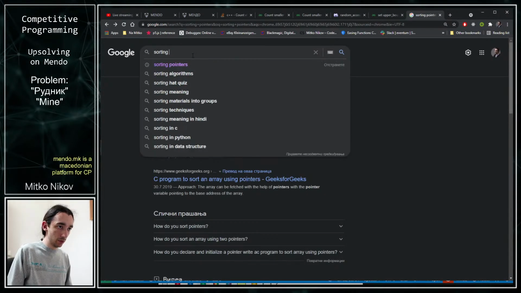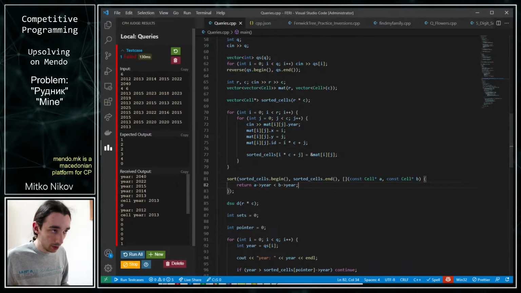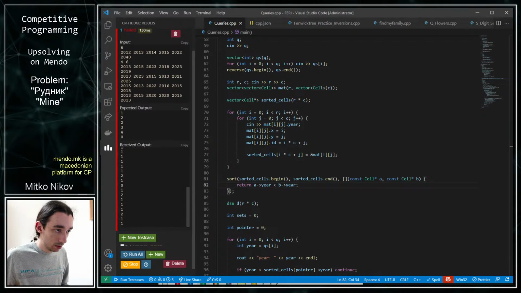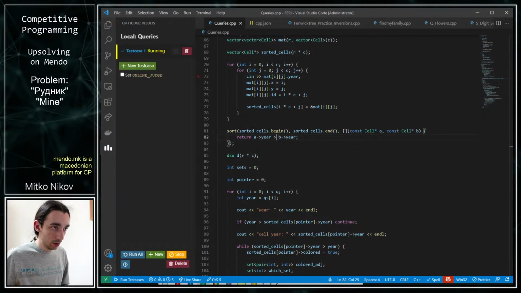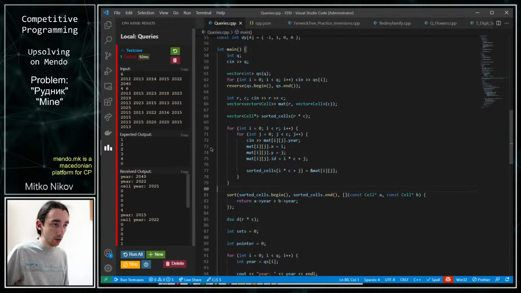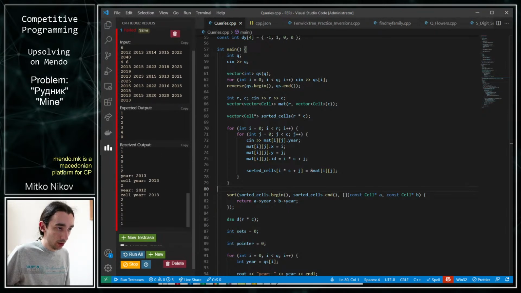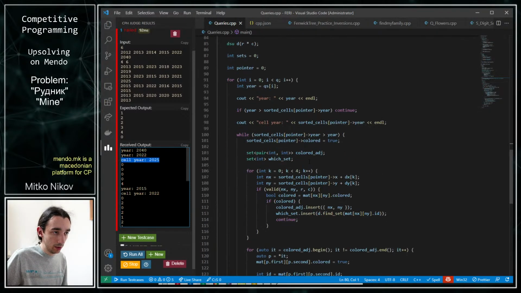Sorting array of pointers. Oh, it's okay. It worked. Wait, I need a bigger here. Need the year to be bigger than that. Okay, it worked. So cell year is to